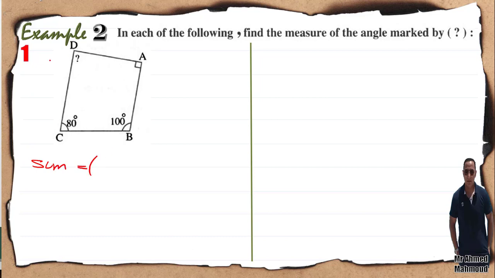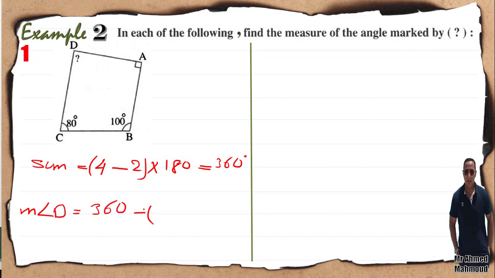Here we have 1, 2, 3, 4 sides, so it is 4 minus 2 times 180 equals 360 degrees. Now the measure of angle D equals 360 minus (90 plus 100 plus 80). It equals